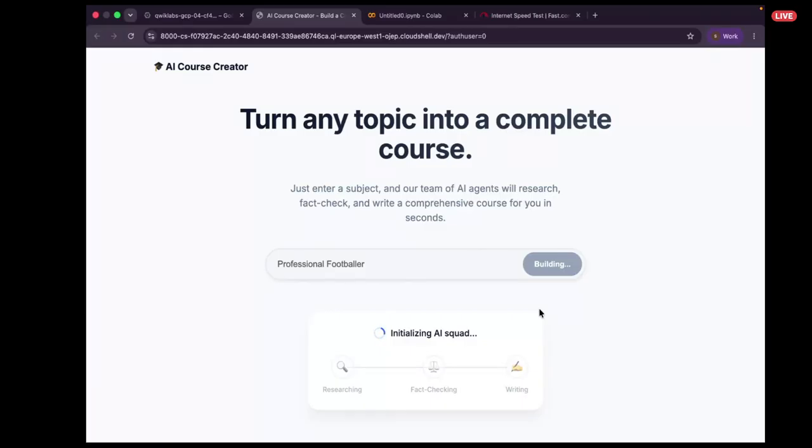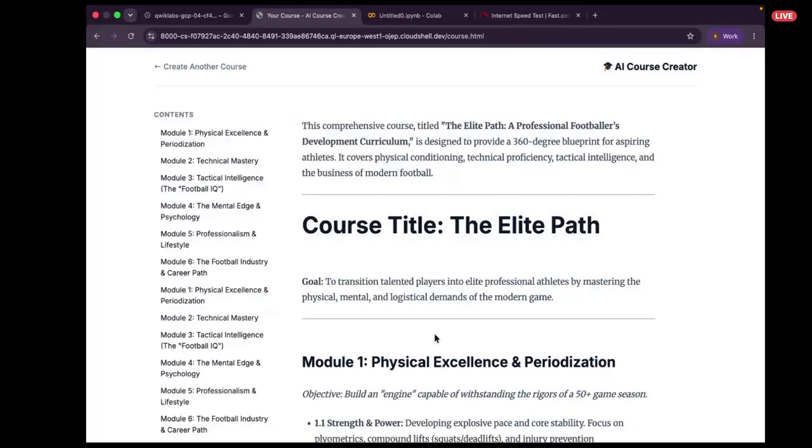So you can see it's initializing our AI squad, and we have the researching, the fact checking, and the writing. So let's see what it comes up with. Still running. It could take a while. Yeah, I think it's done now. Okay, so we have our